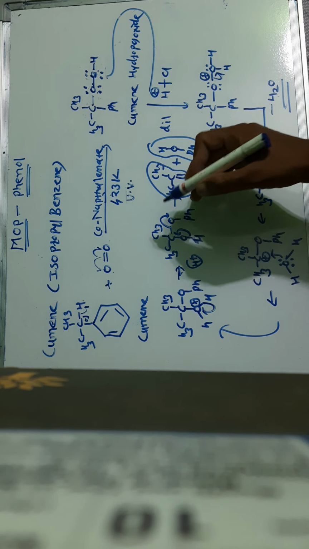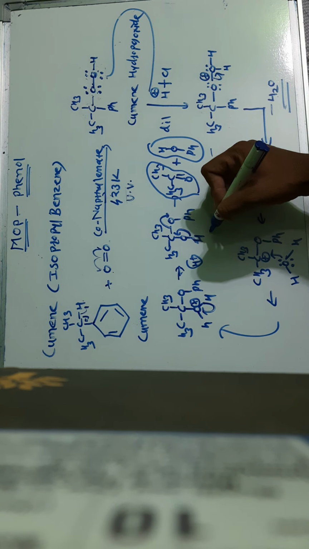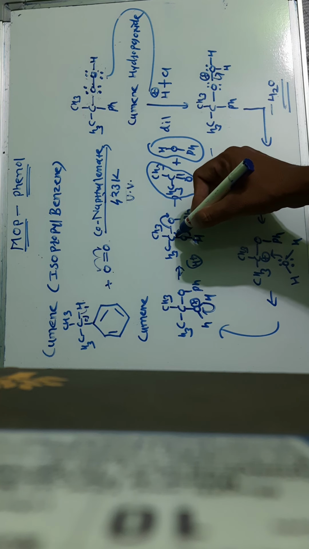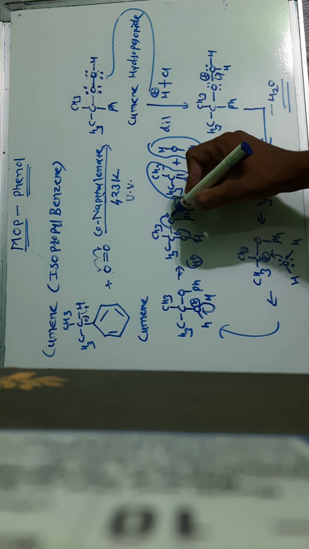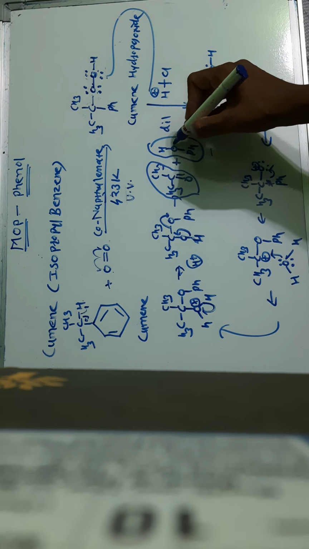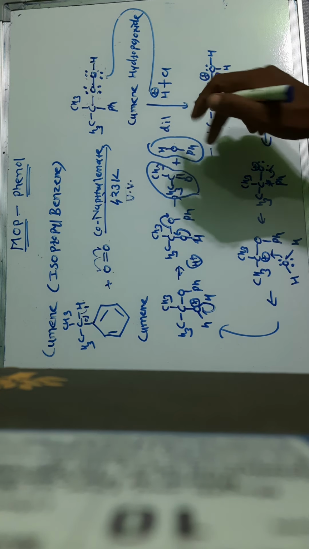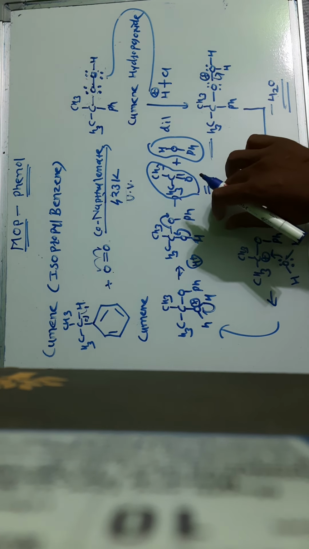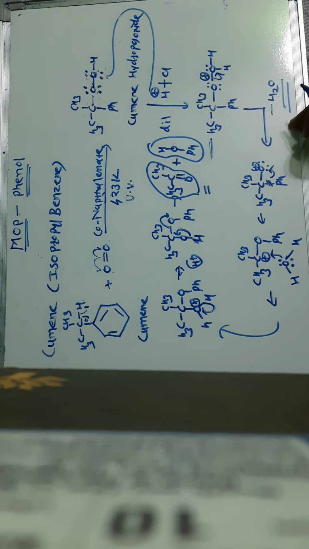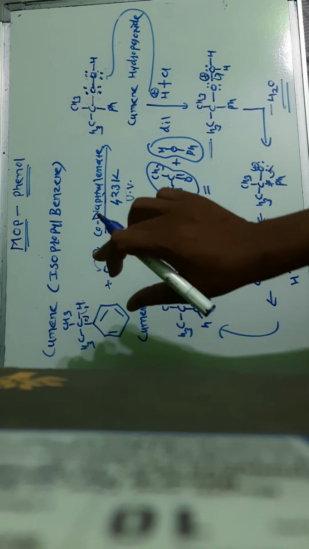Okay, now this hydrogen is highly acidic in nature, and it is easily removed in the form of H plus ions. So the electron can be transferred onto this carbon-oxygen bond and they form a carbon-oxygen double bond. At the same time, this electron is shifted onto the oxygen atom and we can get the O negative, and the H plus that has been liberated here may attack the oxygen negative, and we can get the phenol and the acetone as a byproduct. Now this is the mechanism of the formation of phenol, formation of phenol by using cumene, also called isopropyl benzene.